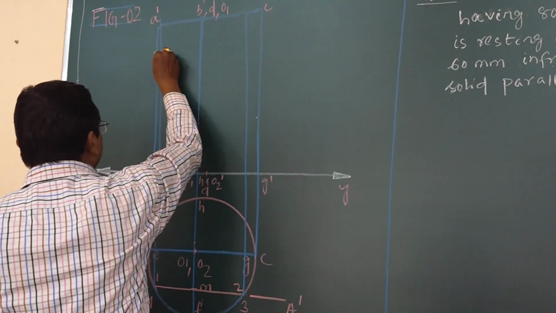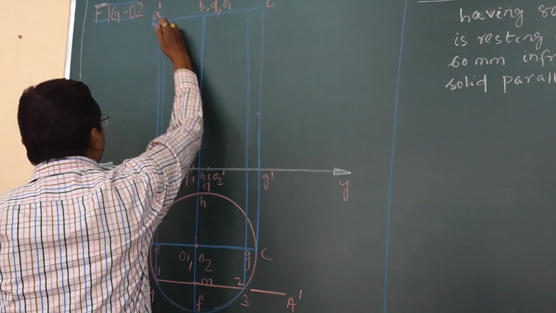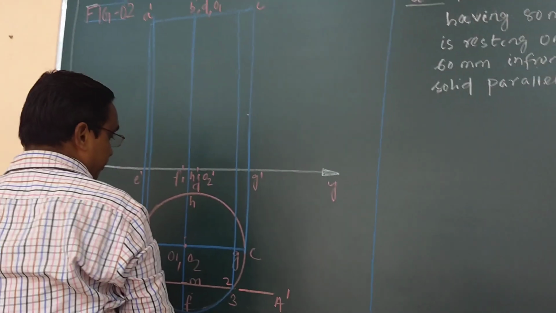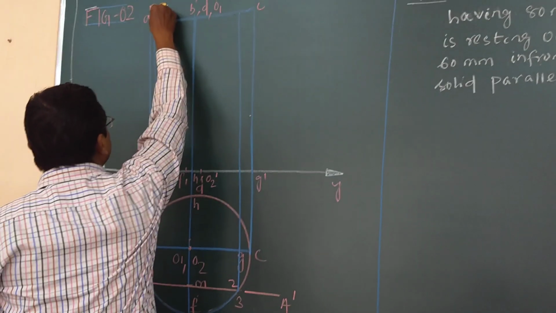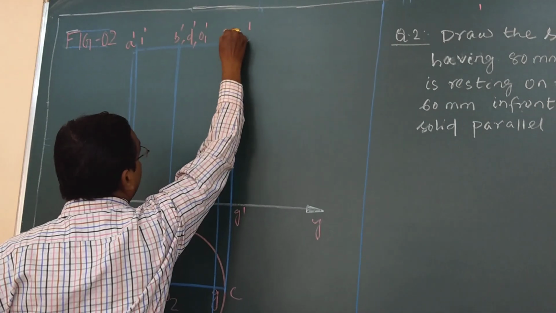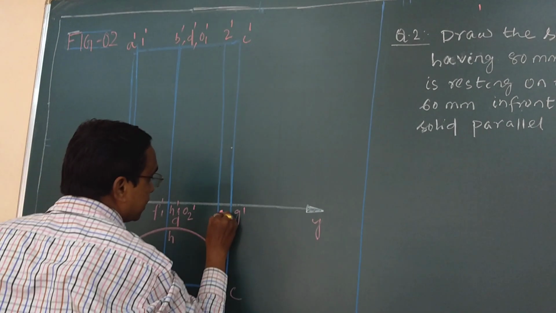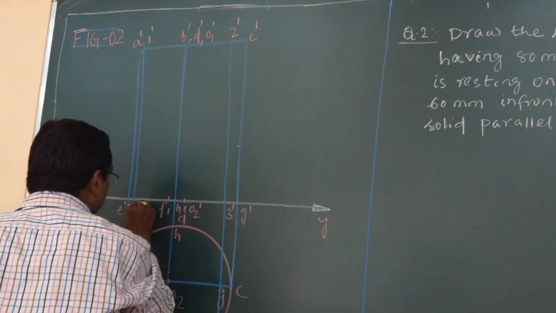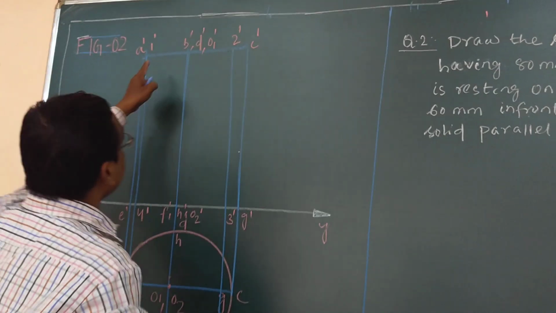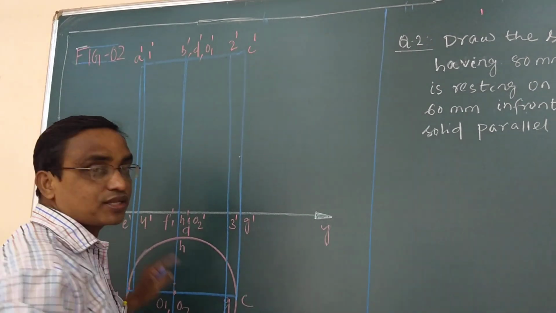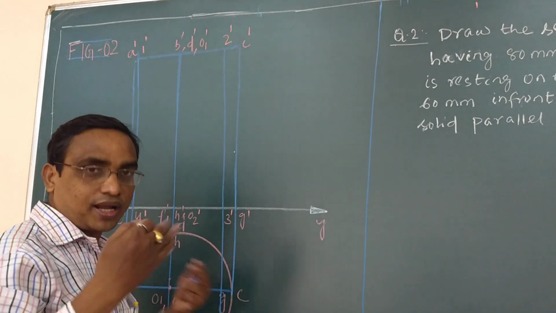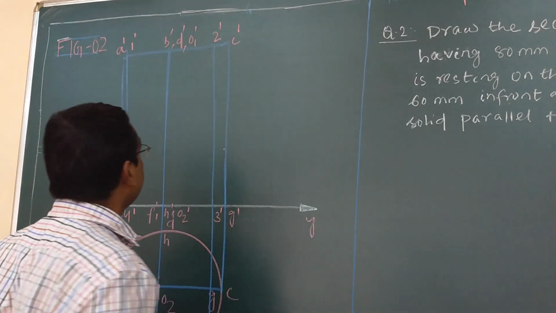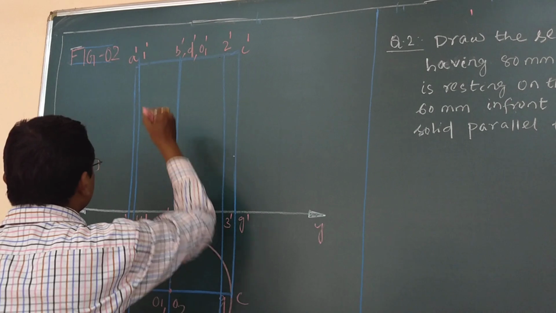And here you write down, this is 1 dash, this is 2 dash, this is 3 dash, this is 4 dash. So 1 dash, 2 dash, 3 dash, 4 dash is the sectional front view, which will mark the cutting line in that area. So first you dark this